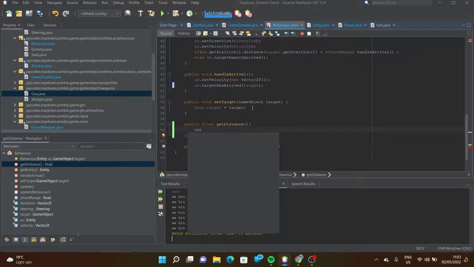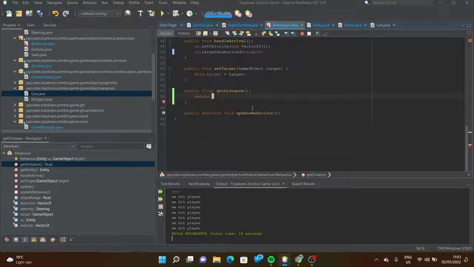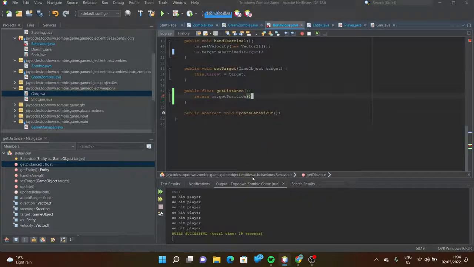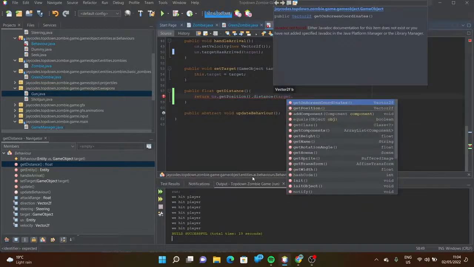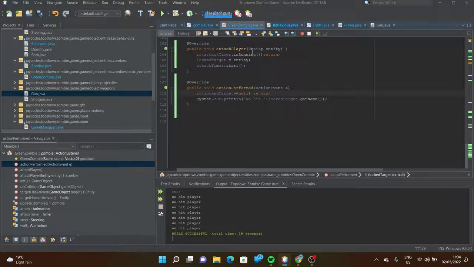So I'll say return us dot get position dot distance between target dot get position, and this should be good. So we can get the distance now, and when we enter the green zombie,